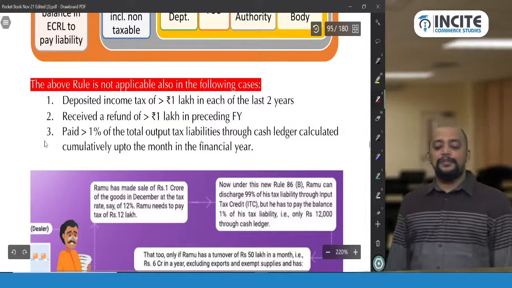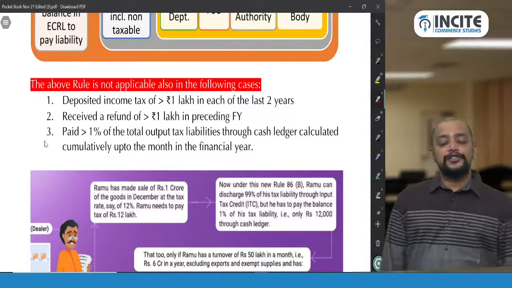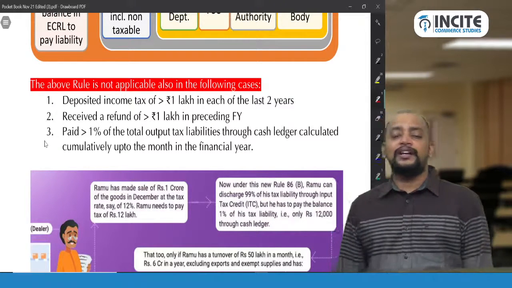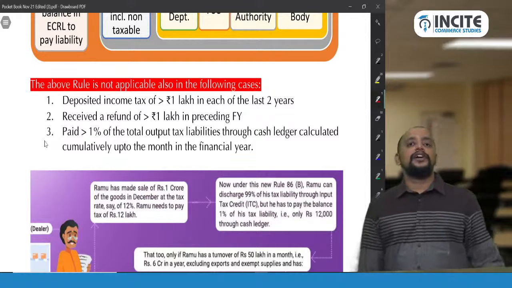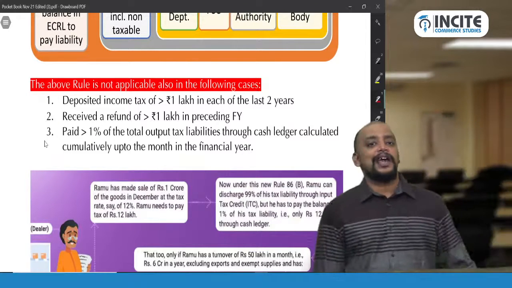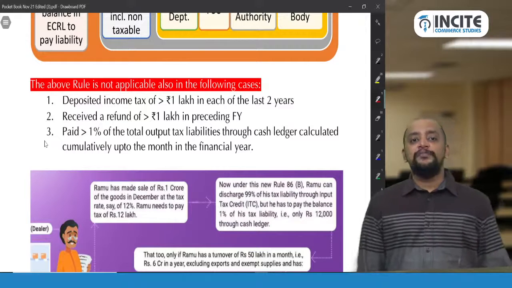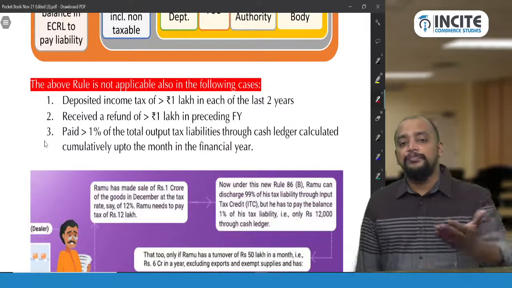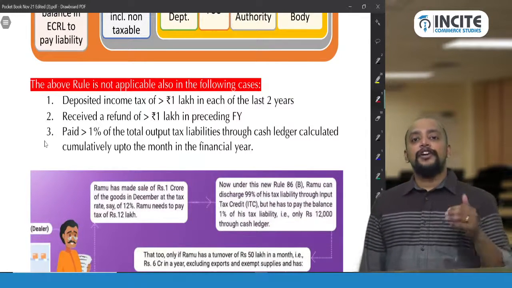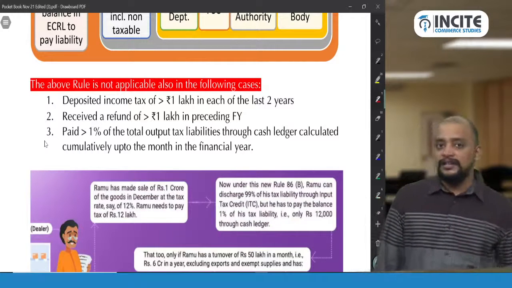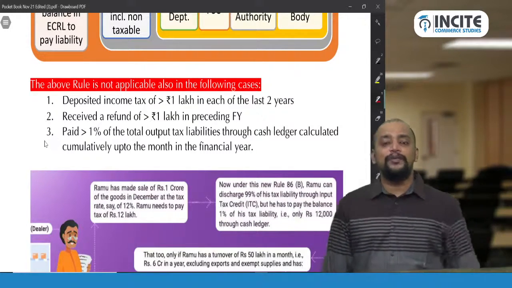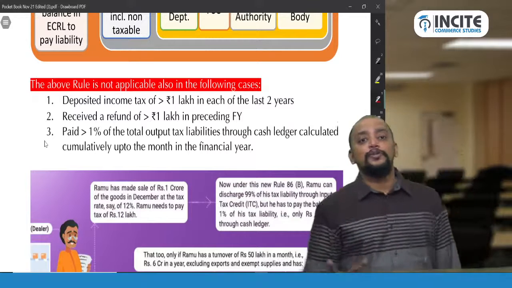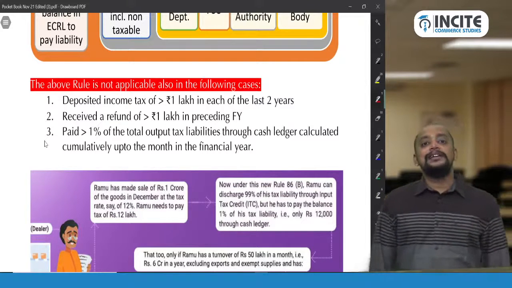And this rule is not applicable in the following cases: deposited income tax of more than 1 lakh in each of the last 2 years. So already that person is paying income tax of 1 lakh in the preceding 2 years, therefore they are not required to comply with this, because already they are paying in cash. And if any refund greater than 1 lakh is sanctioned in the preceding year, the refund will not be granted to them. Refund is sanctioned, but refund will not be paid, so they will try to withhold that refund for the purpose of usage of the expense, and thereafter they will release it. Because of that reason, they don't have to comply with 86B, for the registered person whose refund has been withheld. Okay, so more than 1 lakh rupees refund sanctioned in the previous year, then paid greater than 1%